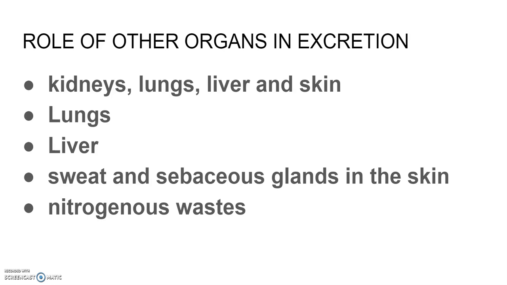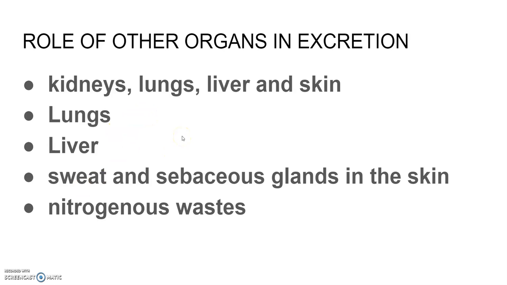So the sweat and the sebaceous glands in the skin can also eliminate certain substances through their secretions. Sweat produced by the sweat glands is a watery fluid containing NaCl and small amounts of urea, lactic acid. And though the primary function of sweat is to facilitate a cooling effect on the body surface, it also helps in the removal of some of the waste which we have just discussed.